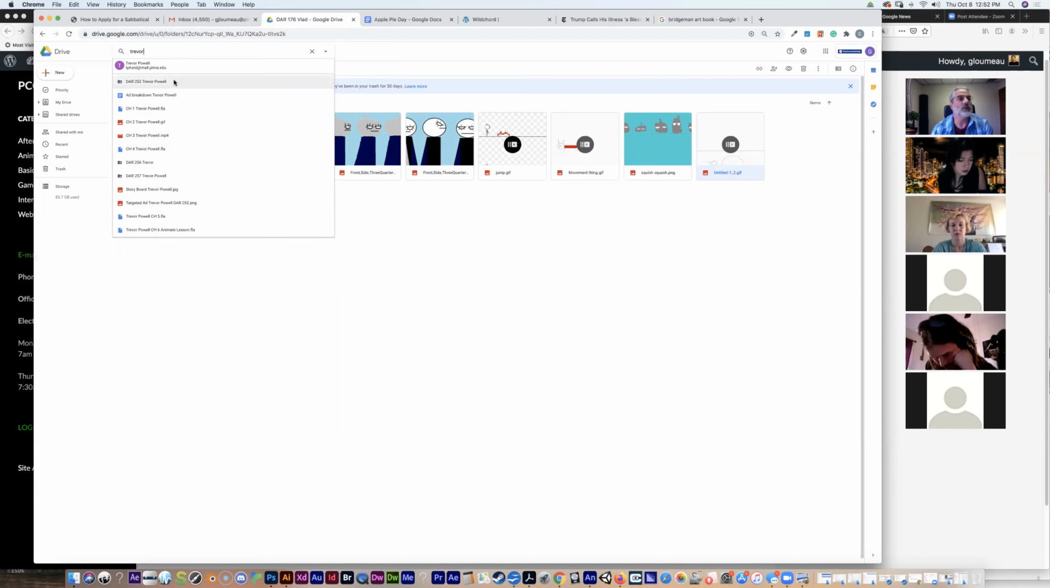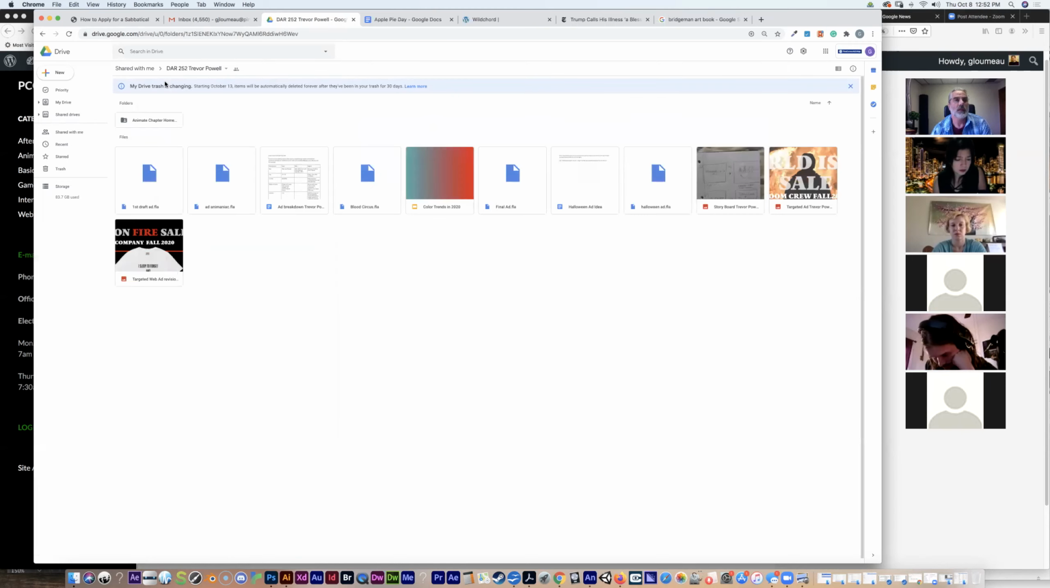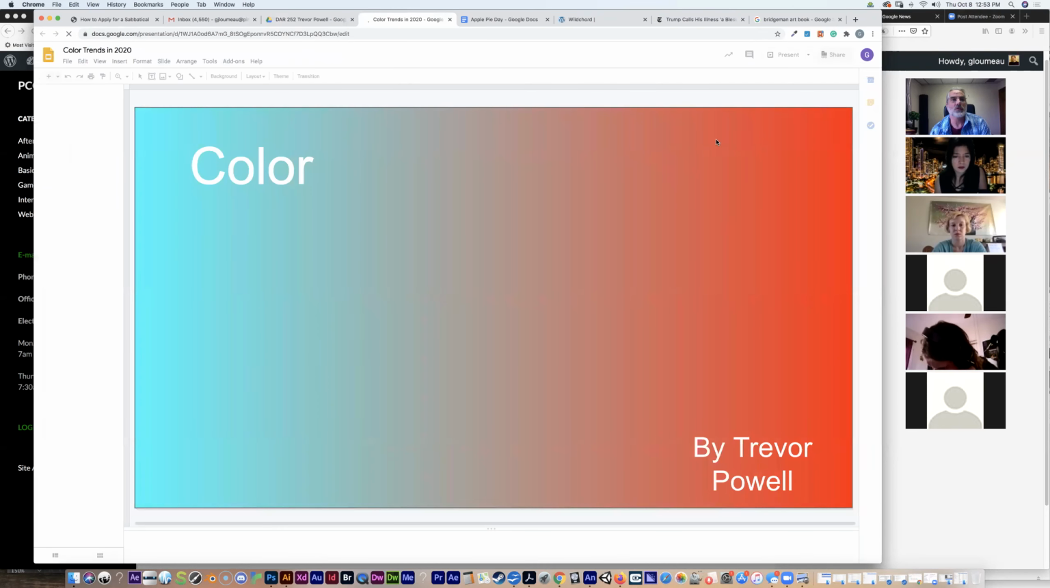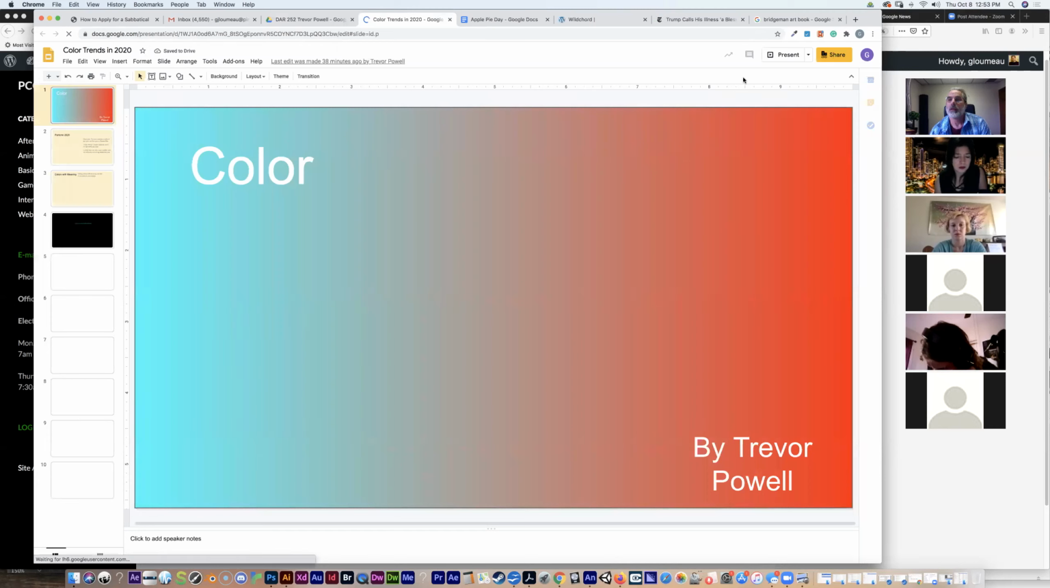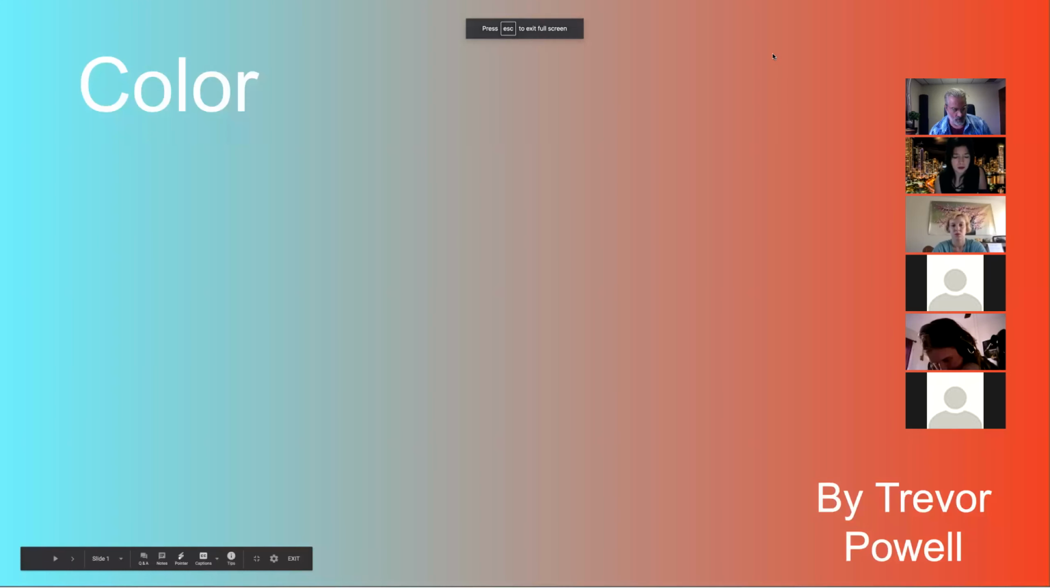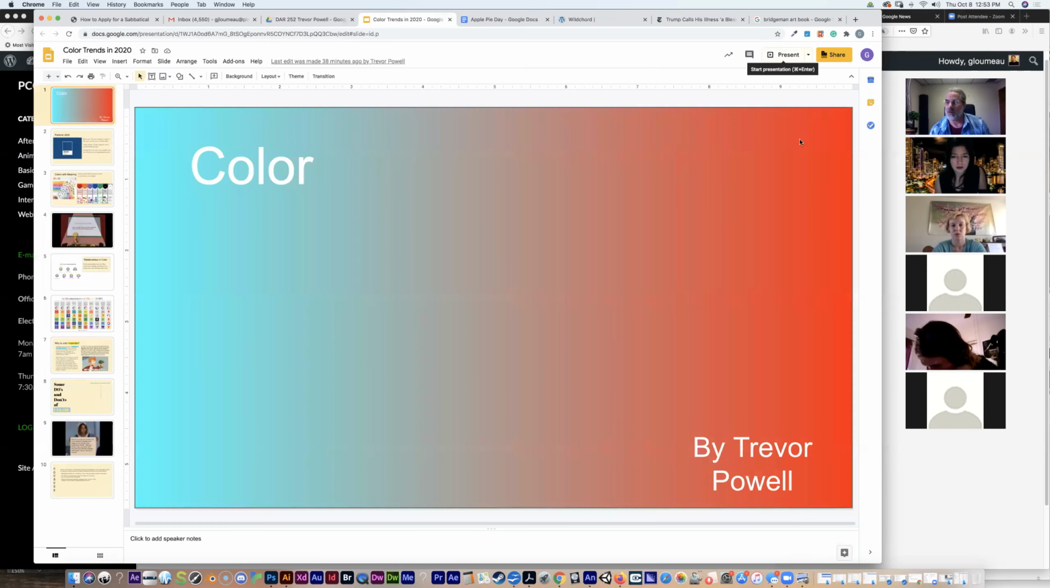So we just have to go Trevor 252, and don't tell me color trends. And then we're going to open this and we're going to hit present. And then let me make that a little smaller. Okay, so